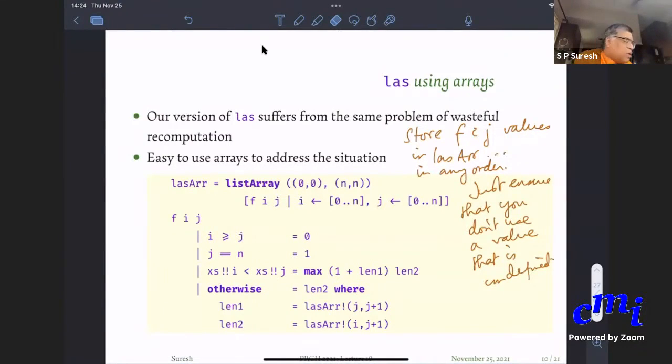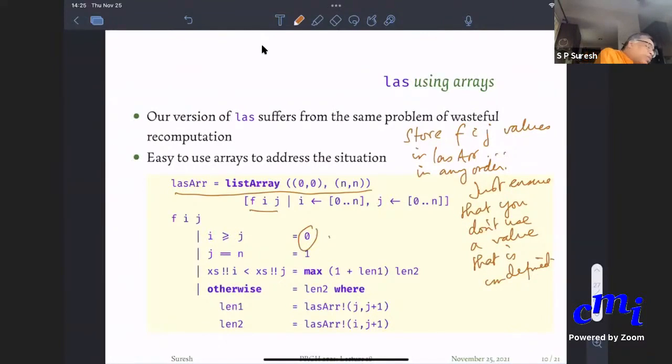Yeah, so this is our program. So rather than doing that, you store the thing in this array, and you just say that the entries in the array are fij, where i ranges from 0 to n. Now, because you want to be a little more systematic, right now I am storing every Fij value for all ij pairs from 0,0 to n,n. But it is not defined for certain things. It is not defined when i is greater than or equal to j. So I'm just putting a dummy value here, 0. So that's an extra class I have added.